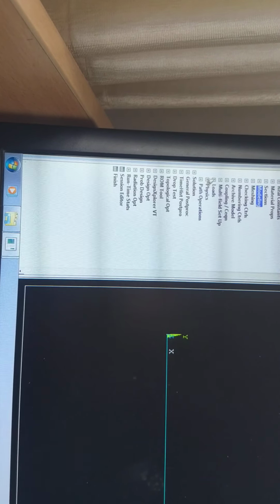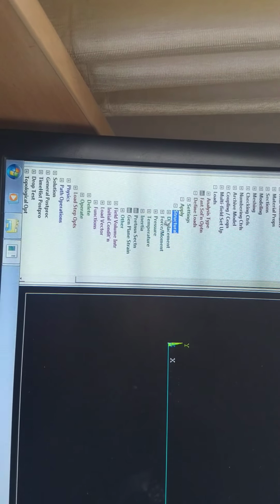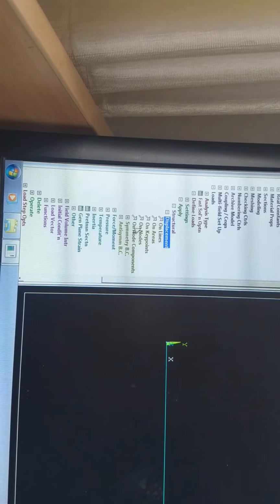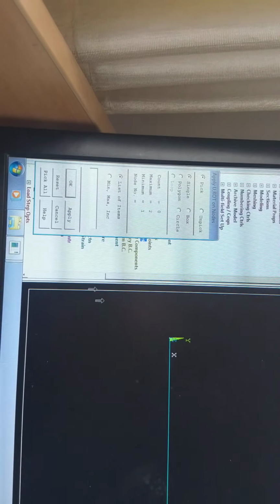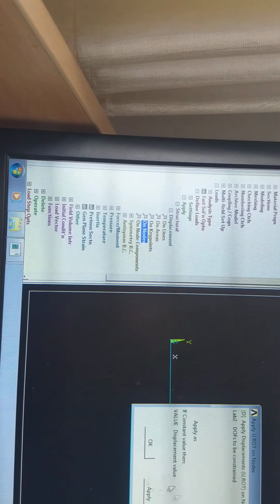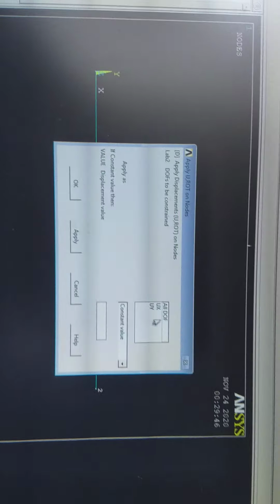Okay, loads are here. Go to loads, define loads, apply loads, structural displacement. Okay, here give on nodes, select on nodes. So first node I am going to select. Okay, so here I want to give like this